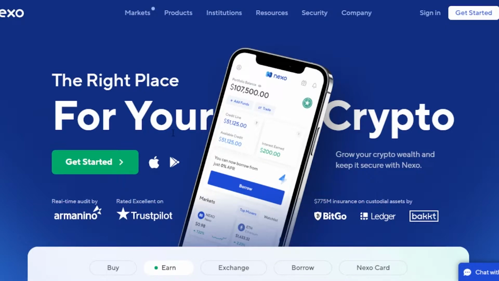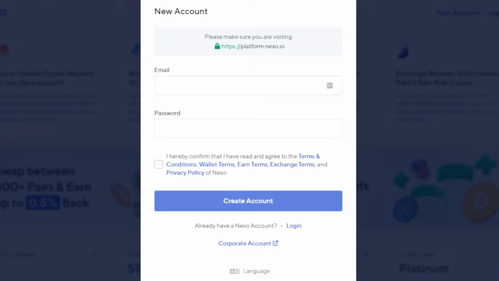When it comes to using Nexo, you will require an account, and I'll show you how to set up your account. Once you get to nexo.io, you will get to this website and you can see we have sign in option and then we have get started. So as a complete beginner, you will click on get started. It'll take you to